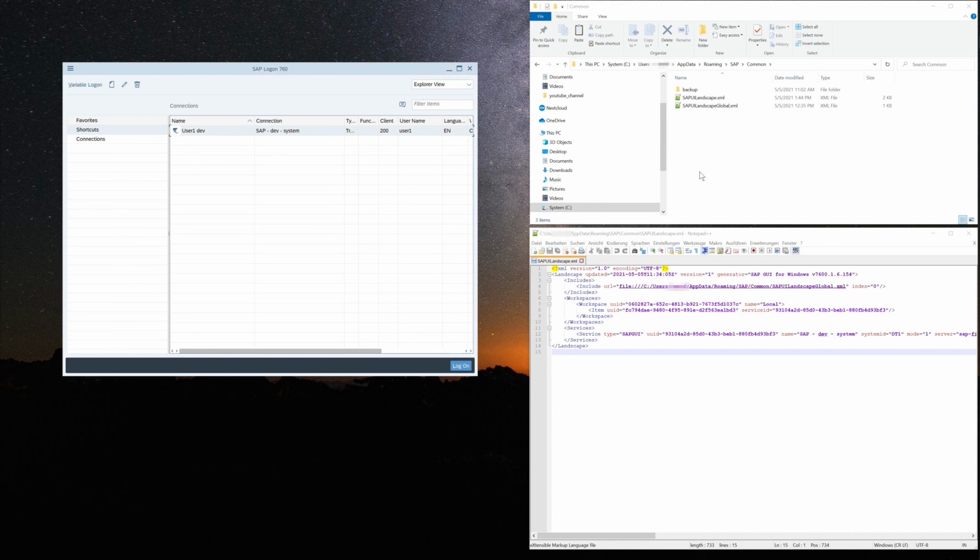And if you want to know where the data is stored, on the right side you see the path. It's normally the user path, AppData, Roaming, SAP, and Common. In this folder are 2 files. For us important, the SAPUILandscape.xml